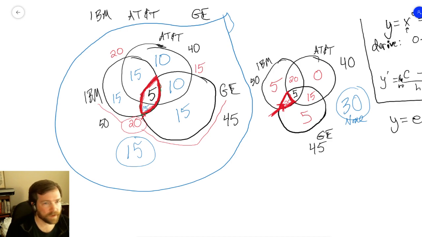Uh-huh. 30 have a job. 20 are in a club and play a sport. 20. Yep. 10 are in a club and have a job. Yep. So that's all corroborating it. Yep. So like you said, you are including the people who belong to all three into the group of those who are only doing